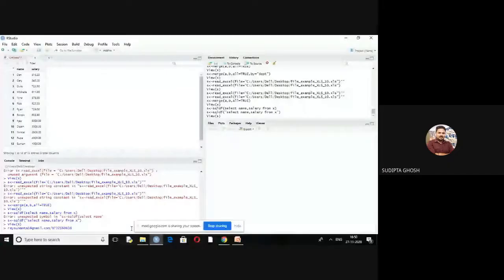Sir, you have just prepared a two-column table from the seven-column table. Okay, but how can I export this newly prepared table to implement in my work? Can you repeat your question, sir? You have just prepared a two-column table from a seven-column table. How can I export this table to my work?